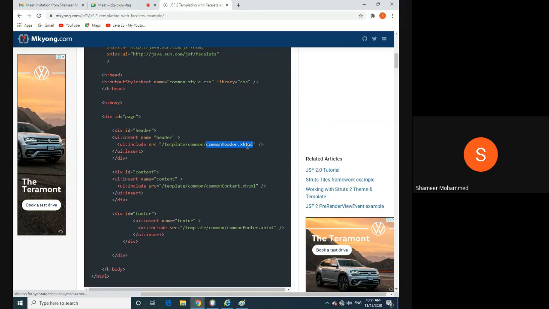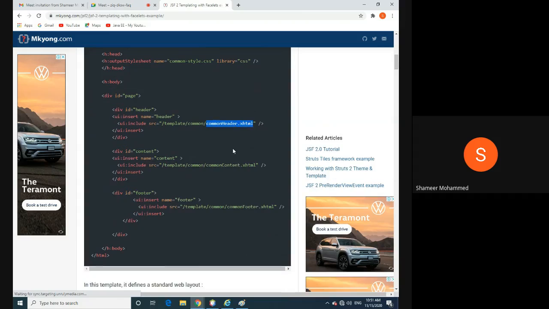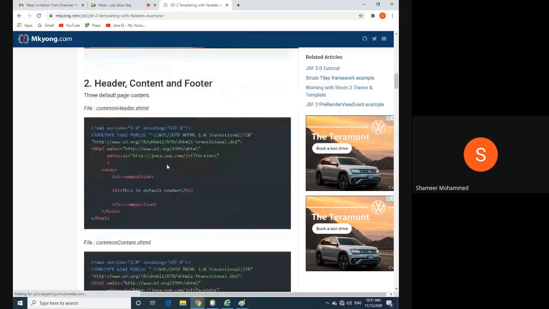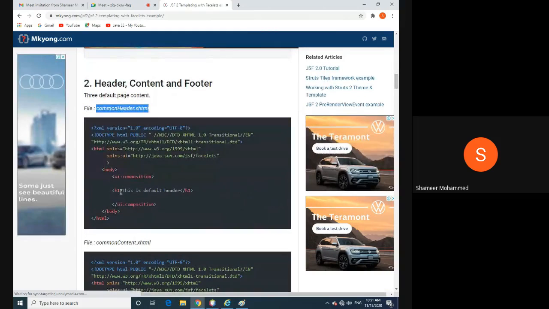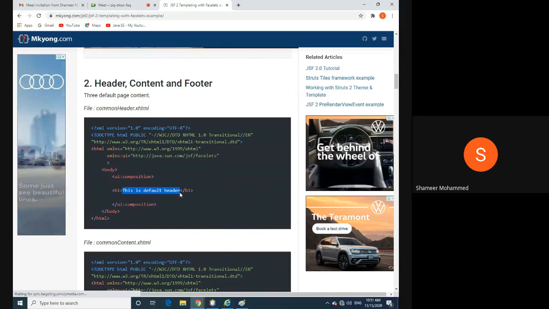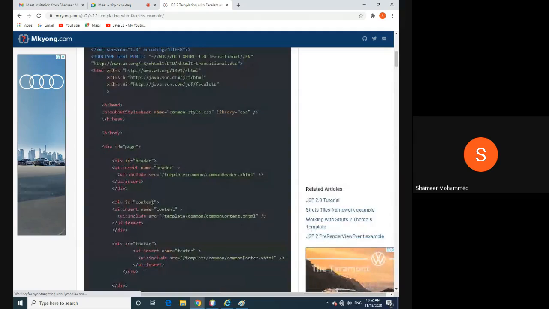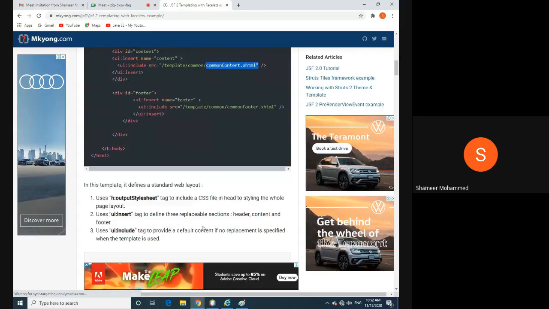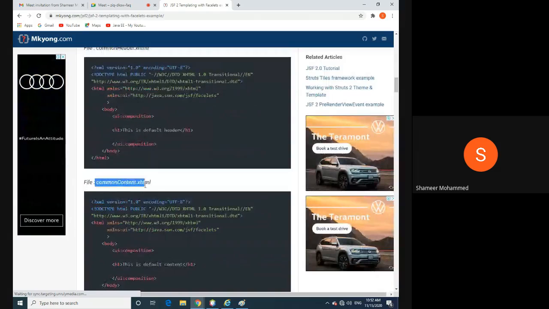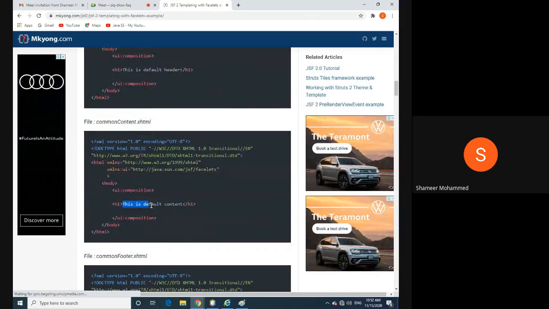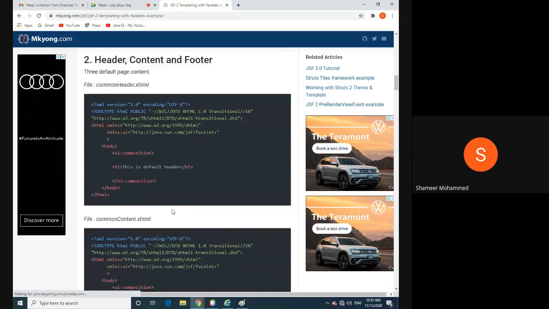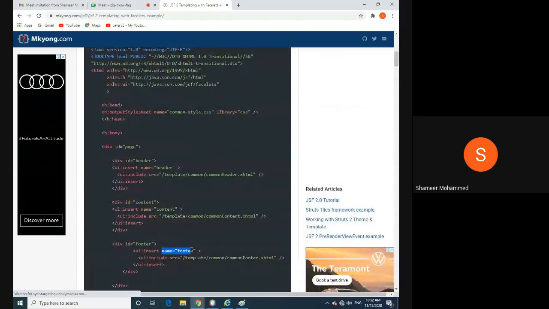This is the file, common header. Page module, common header. This is the code. It will display only this text. This is the default header. Okay. Page module, content, common content.xhtml file. What is the common content? This is common content. Just you are displaying this file. This is default content. Last, footer. What is the module? Common footer. See,